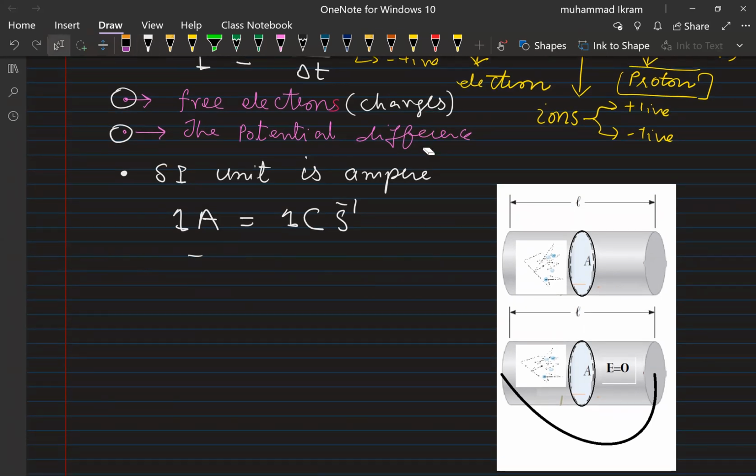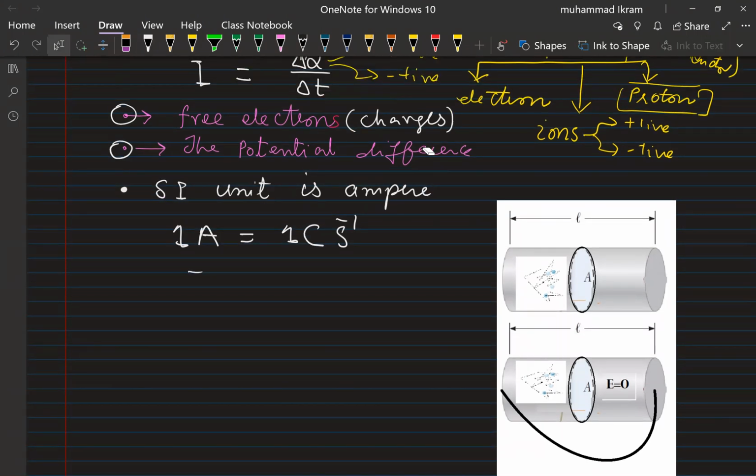As I told you, current is the flow of charges, and in metals it is usually the free electrons which constitute the current. But normally, we do not feel such an effect in a conductor. Why? Because in a conductor like the one I showed here, you have the free electrons, and their motion is all random. The number of free electrons moving to the right is the same as the number moving to the left. So the net motion of the electrons is zero, and this is why we say that there is no